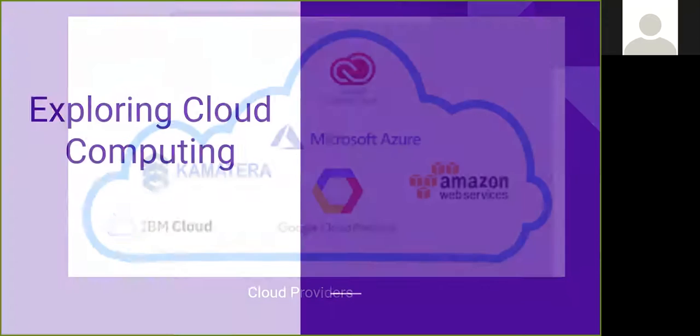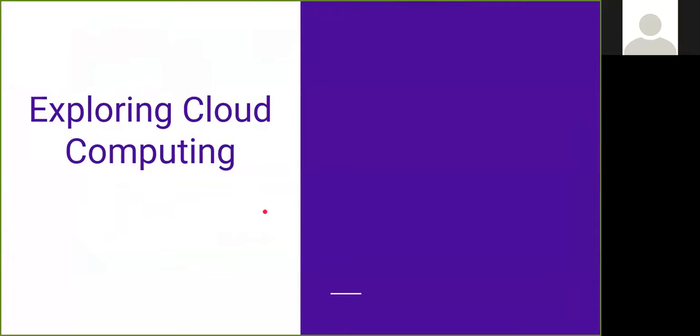Well, now let's look at some hands-on work, like how we are going to set up a virtual machine on AWS. All right. So this is the AWS console, as you can see here. They provide a lot of services. Let's quickly move through it, right? You can run all these services. This is everything they provide when you pay them.